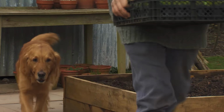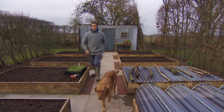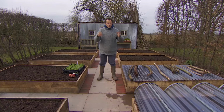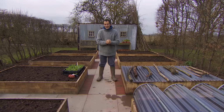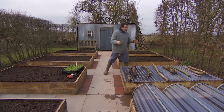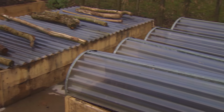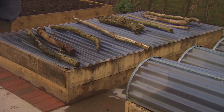Easter is traditionally the time when people planted their potatoes. But I don't imagine anybody in the British Isles is going to be planting potatoes this weekend. It's just too cold. There's no point in putting anything into cold, wet soil because it won't grow. So what I've done is to protect the soil and warm it up. Protection is against rain, so it dries out a bit, and anything which just keeps the heat in will help. Put it on the soil for a few days or even a week before planting out,